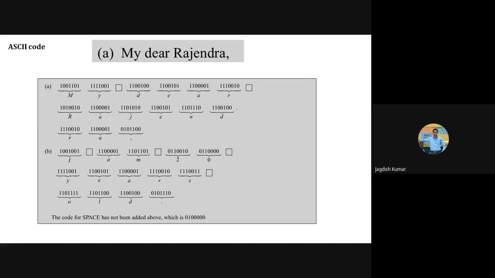And then there are various other coding ways to represent alphanumerics, which include alphabets and numbers, and even some special symbols like the dollar symbol, at the rate, hashtag, percentage, etc. All those have some binary equivalent. And we also discussed today the ASCII format of binary information. So with this, that's all for today.